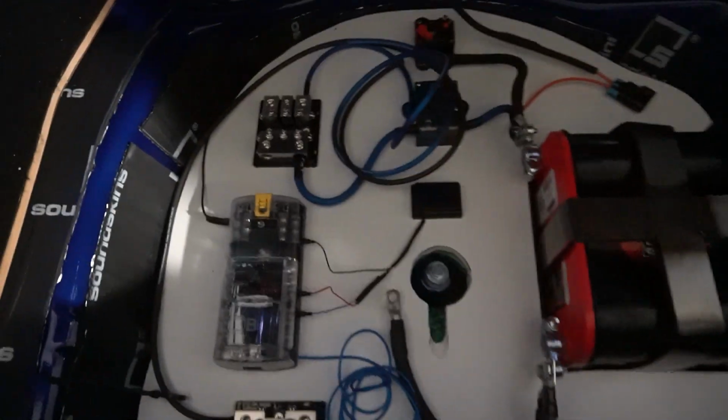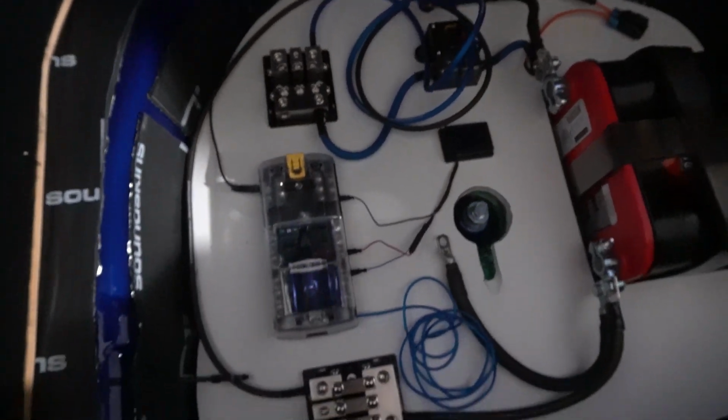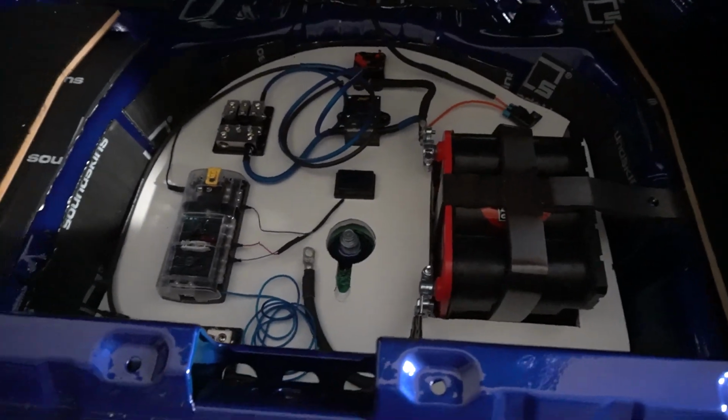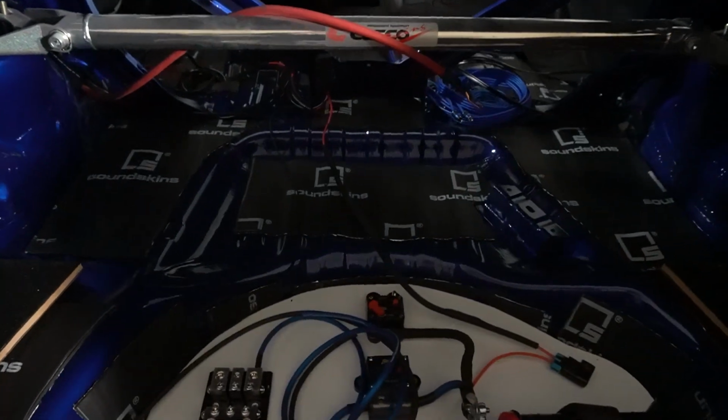This is our setup if you haven't seen it yet. If you're just joining us, we got circuit breakers, fuse panels, all that stuff all over the place in here. This little panel we custom made and all that. But yeah, let's slide this thing in there and see how it fits now that we've sanded it down a